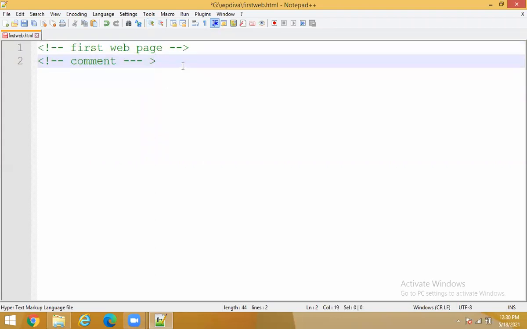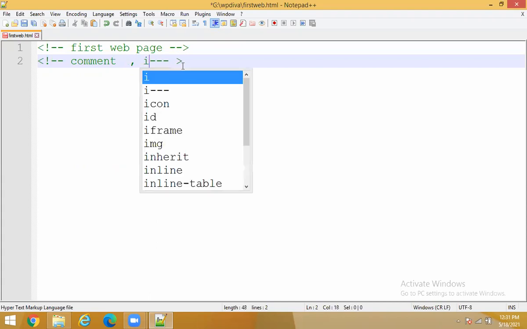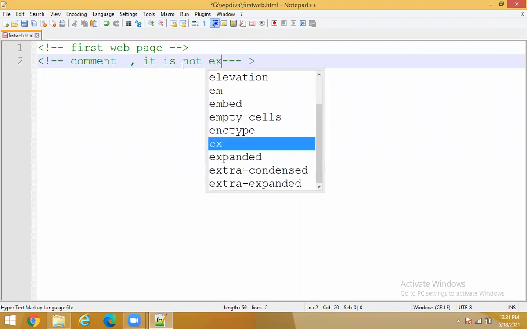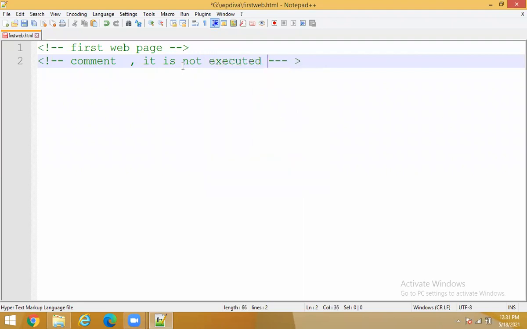So this is called a comment. What happens with a comment? Anything that you write in a comment is not executed. It just provides information. For whom?